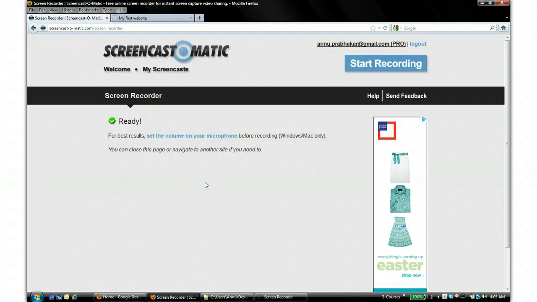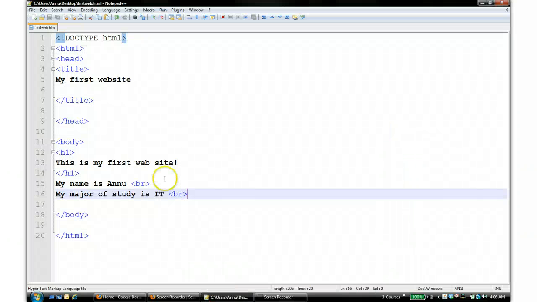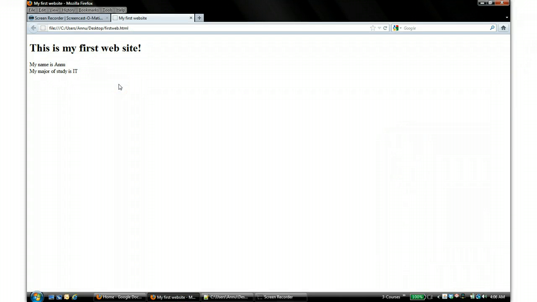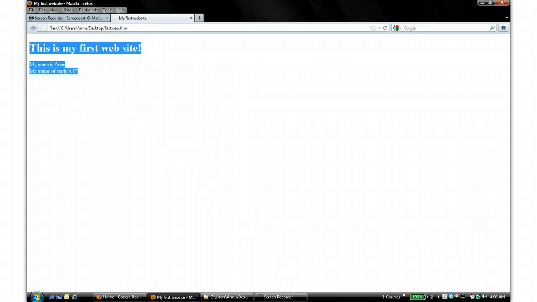Once you create a website, you have to upload that to a web server. Here you create a simple web page and then you viewed it in a web browser. But you can see that the file is saved locally. That means my friend who is sitting somewhere else, he or she cannot see that because it is local to